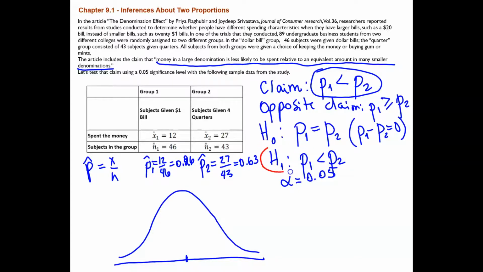We can identify that by looking at the alternative hypothesis. The alternative hypothesis has a less than sign. Therefore, our test is going to be left-tailed. And the critical value and significance level are located on the left. 0.05 is on the left, and the critical value is going to be negative. We will first test the claim using the p-value. So let's find the p-value.